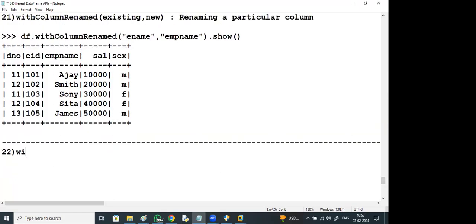Next, with column also we have. With column means adding a new column.